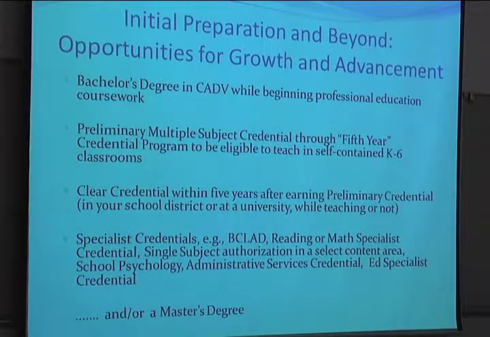While you're thinking about being a teacher, you are working on your bachelor's degree for child and adolescent development. And so you need a BA in order to get into the credential program. The preliminary multiple subject credential program is a program that you do after your BA, and we're going to talk about 2 different pathways of how you could do that. The clear credential comes after you get all your coursework and your student teaching. It's a few more classes that you need to take and some induction classes at the school site to help you roll into teaching and get some experience around that.